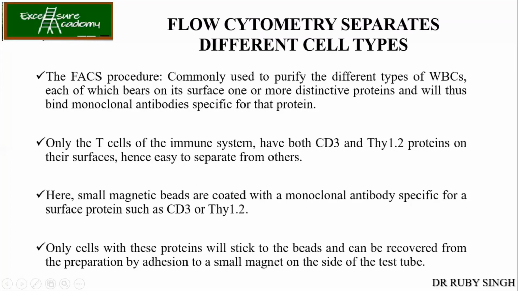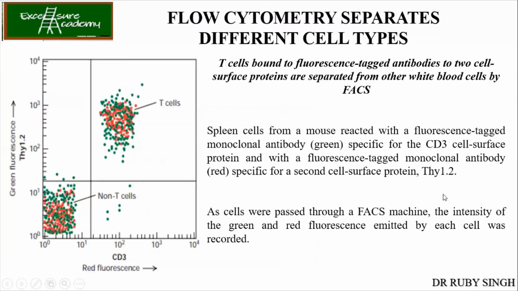Okay, so let's see what the data of FACS looks like. This is how you will get it. For your exam also, this is the image you get for FACS. There are Part C questions based on this. If you have the previous question papers, go through them. There is a Part C section in which you get all those experiment-based questions. Believe me, this exact same figure has been asked, and the question was this only. What kind of cells will be separated? What is the principle behind this? The same figure was there, only the names of the cells were changed.